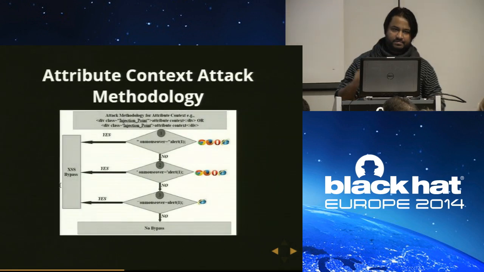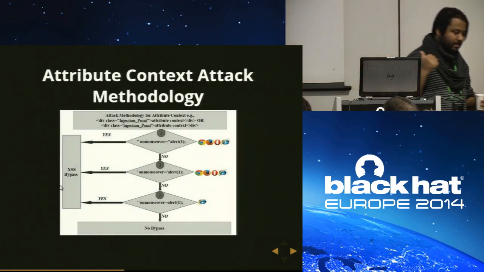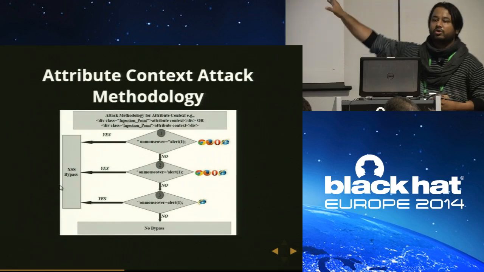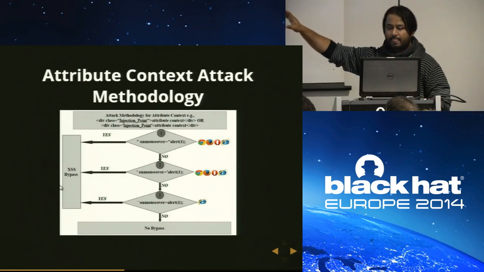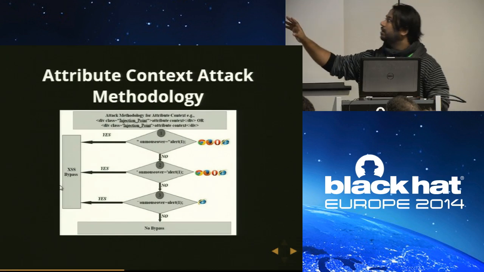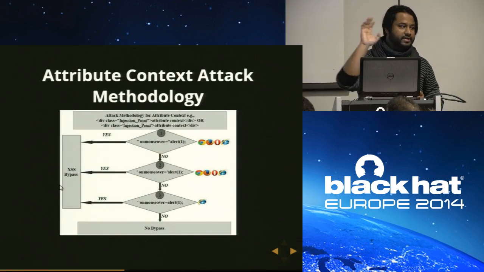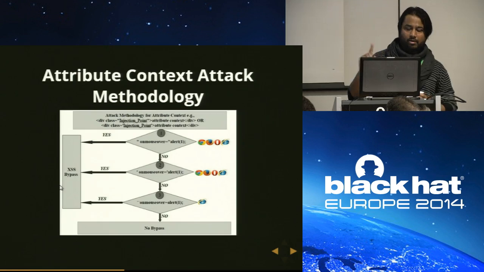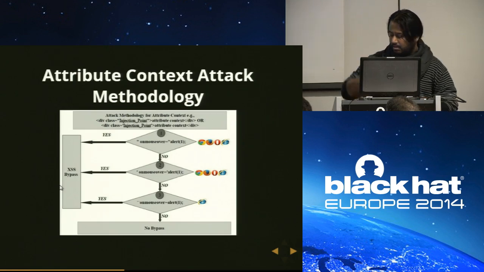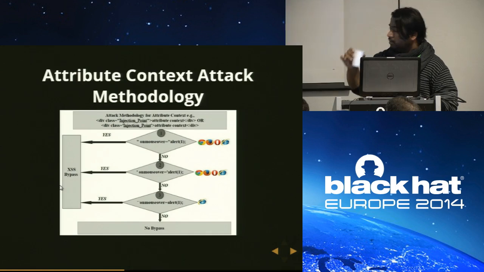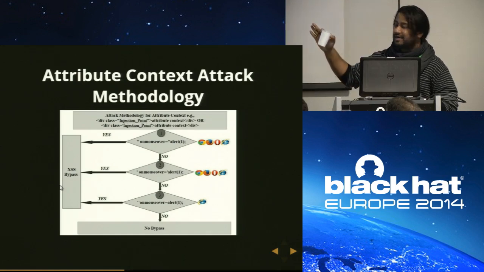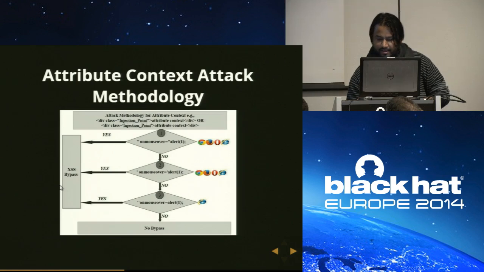How to attack it? It's a 3-step process. Just hang this chart on your wall. It will XSS anything. In case of attribute context only, I am talking only about attribute context. On my wall, I had 10 different charts like that. So the first one,